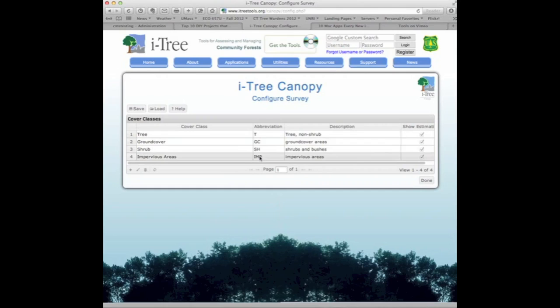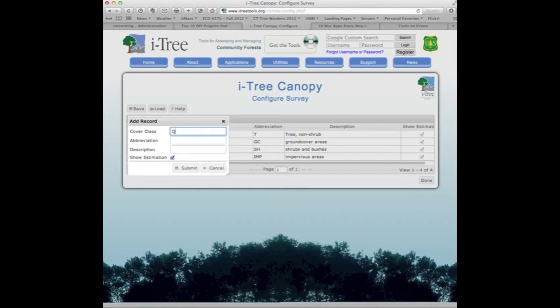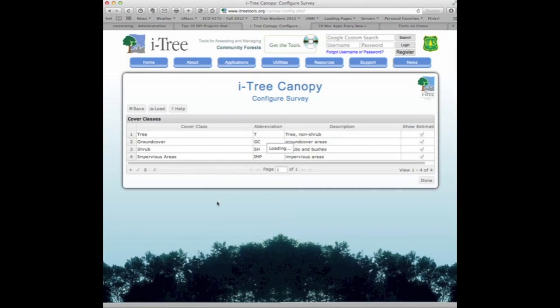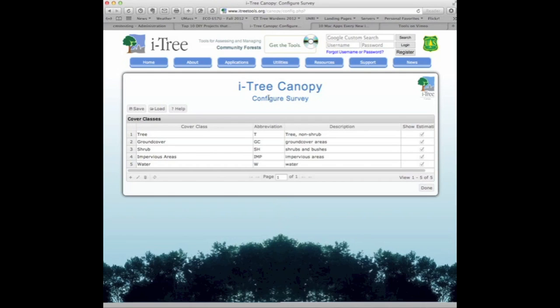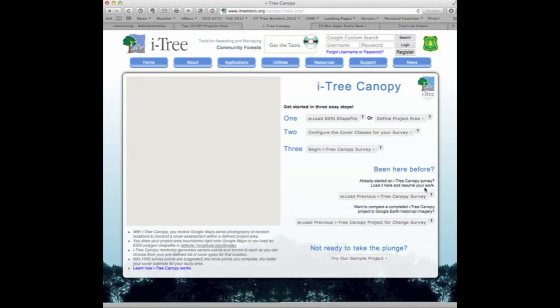So now we have all of these areas, and because I saw a river that comes through, or a lake, we can add one for water. So we just type in the word water. The abbreviation for that could be water, whatever you want to use, and then water. And we're going to go to submit. So now I've configured all of our survey area with these classes of cover: tree, ground cover, shrub, impervious, and water. And then I simply click over here where it says done, and it takes me to step number 3,